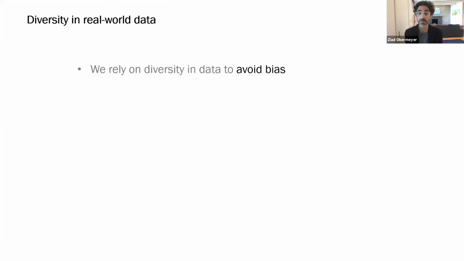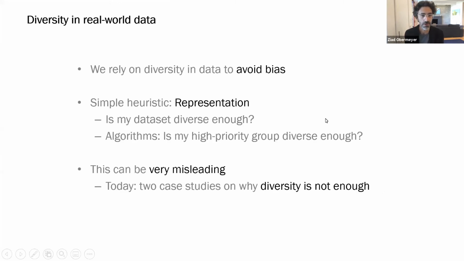And I think that this does a lot of work for us under normal circumstances to avoid bias. So we rely a lot on looking at metrics of our data set, like representation of underserved groups. So we think about, is my data set diverse enough? Do I have enough members of minority or underserved groups? For algorithms, we think a lot about when the algorithm is prioritizing certain groups of people, are those groups diverse